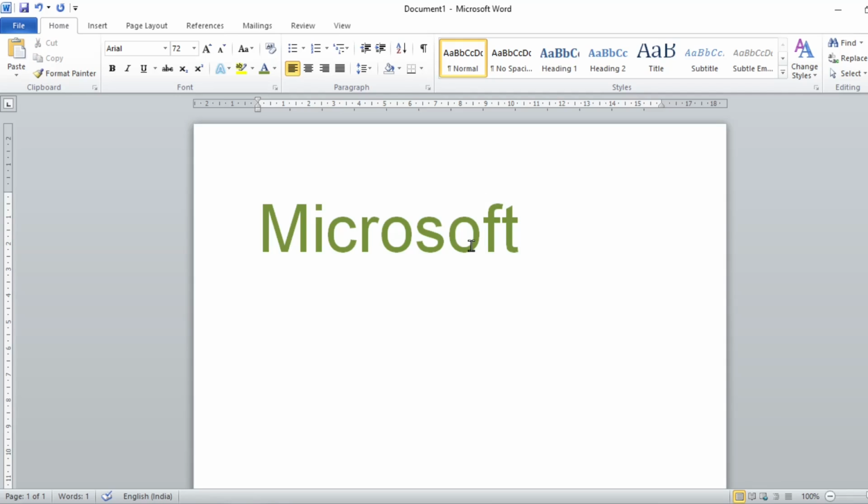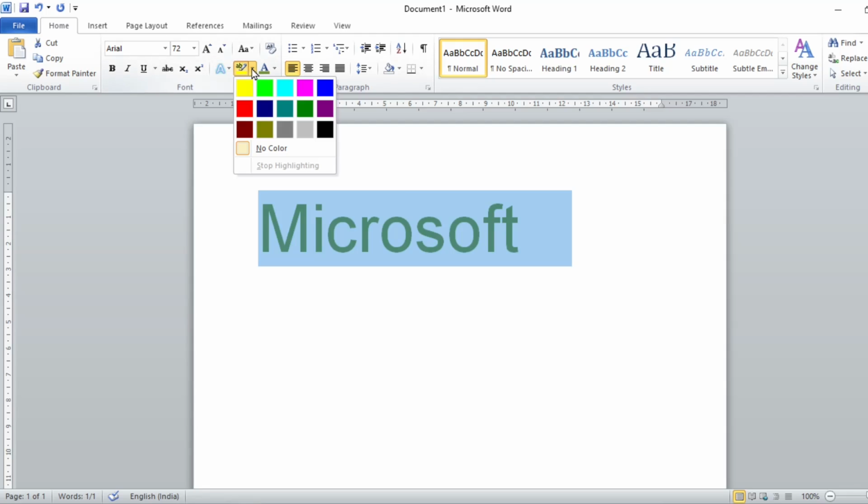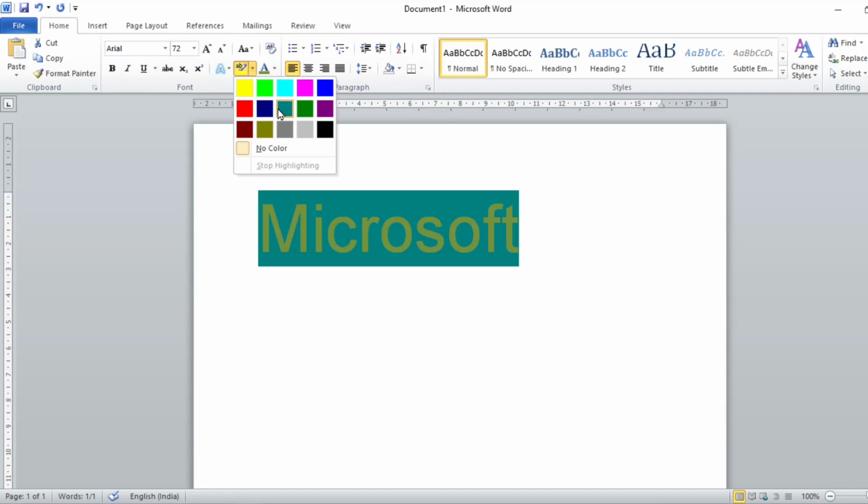Now say, for example, you are making a document, your report or something like that, and you want to give it a look, or especially if you want to highlight a particular topic, you can highlight from here. Just click on this highlight, and you can use any color you want to highlight the particular text.